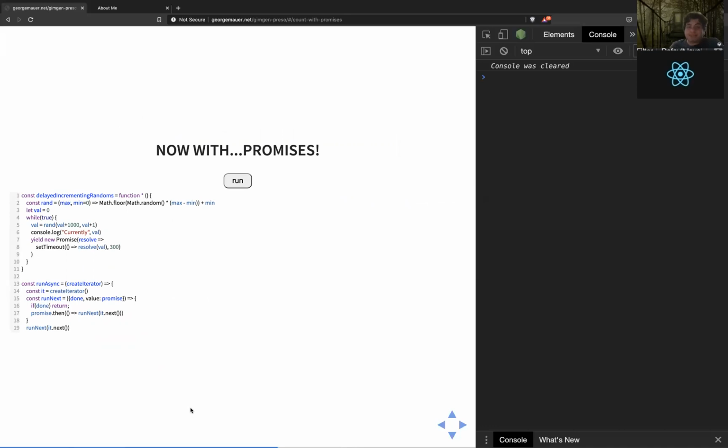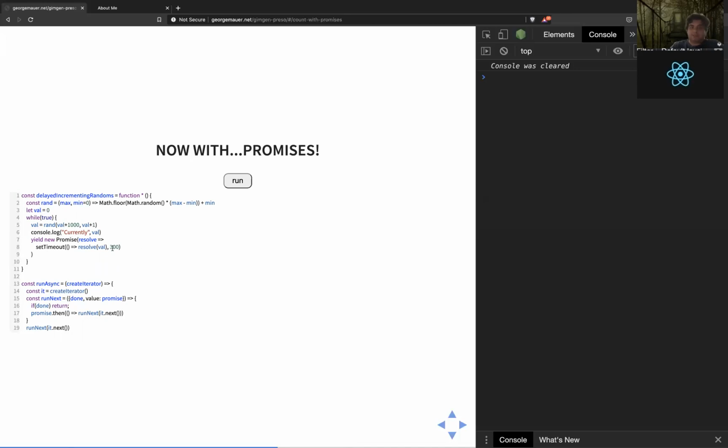We have promises for this sort of thing, which can make it a little simpler. So let's go ahead and create our delayed incrementing randoms function. We're now going to do a similar thing, except our generator right here is going to return back a promise.